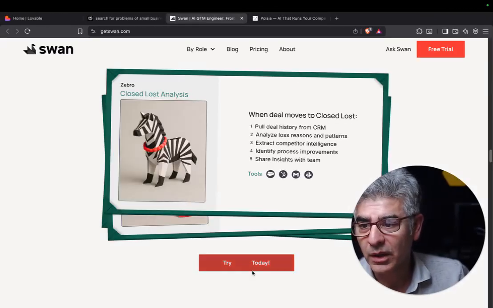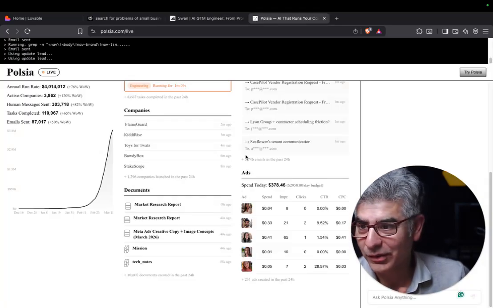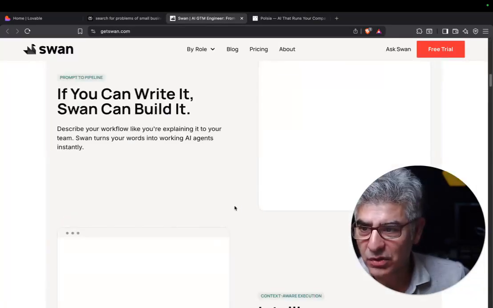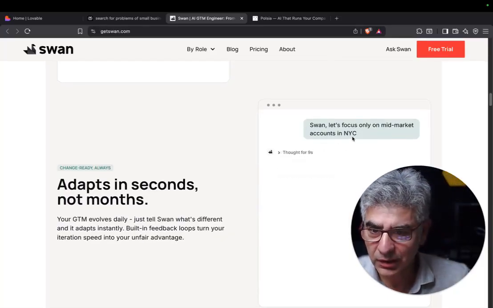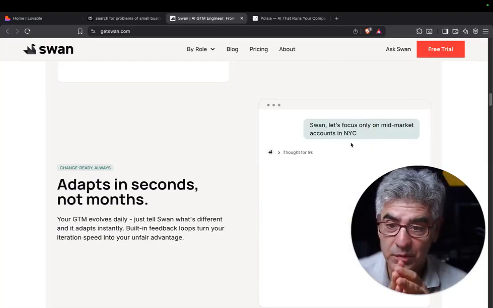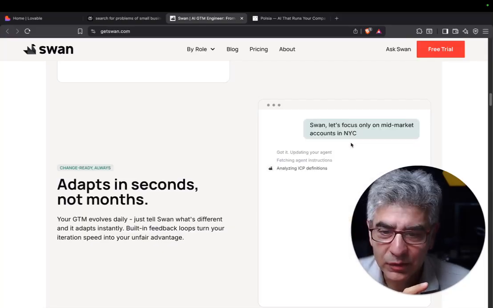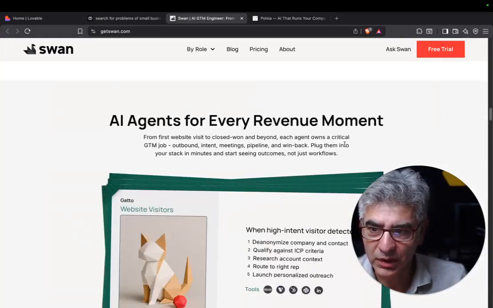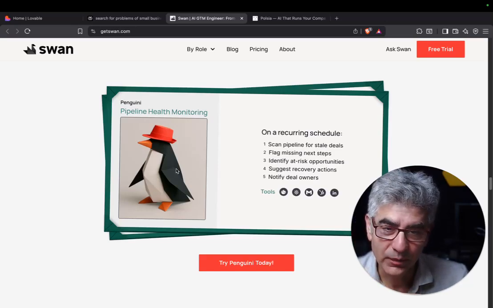Another one is Swan, which looks much more refined, in case you couldn't tell, if you compare these. But Swan just focuses on GTM agents. So you give it your CRM, all of your customer information, and it will go and find similar customers. Now, it'll act like a sales strategist and salesperson, outreach person, business development team, which on the surface sounds